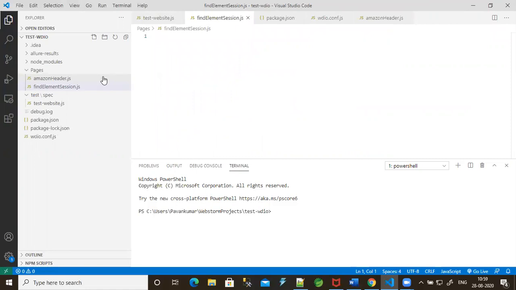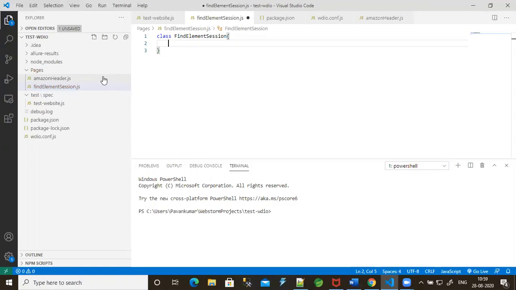Let me create a class first. Inside this, I'm going to write one parent method, and inside that, a child method.